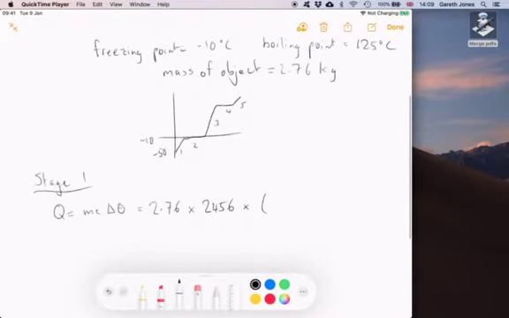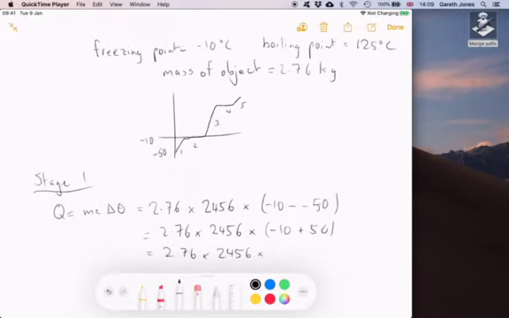So we have minus 10 minus minus 50, which is minus 10 plus 50,